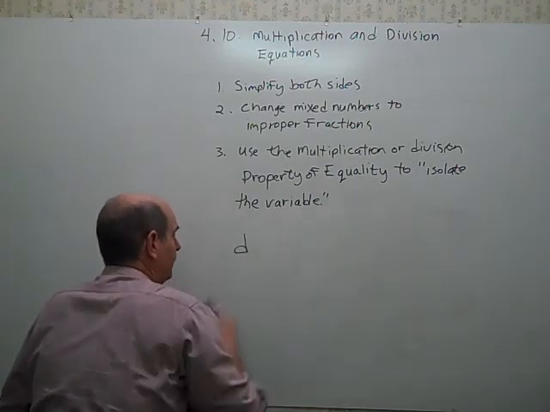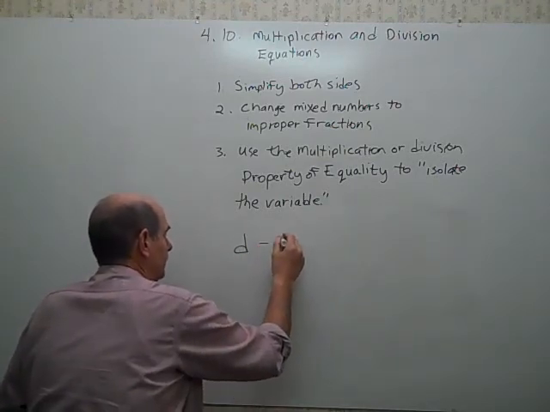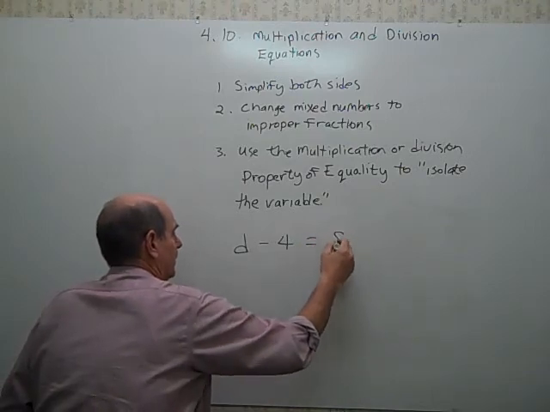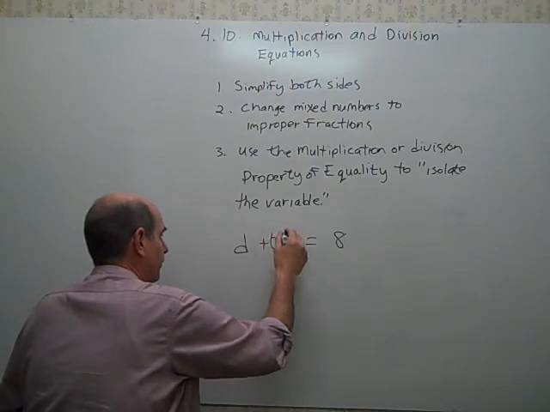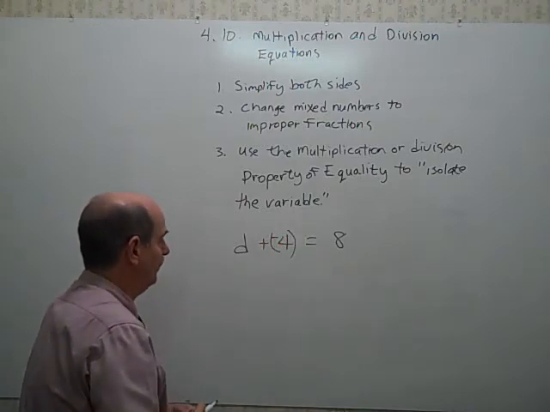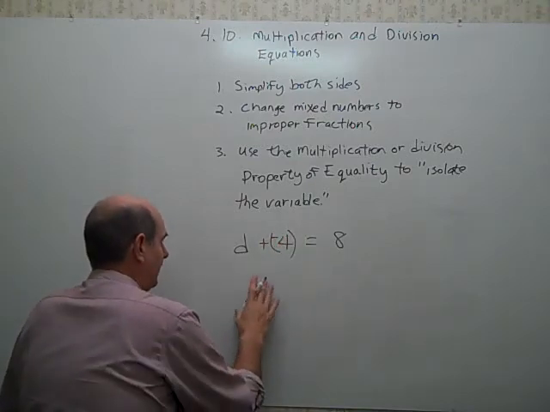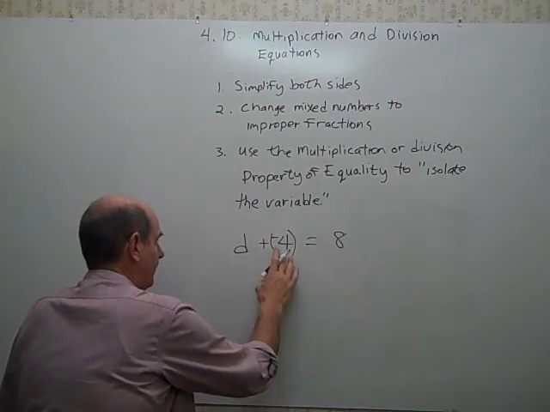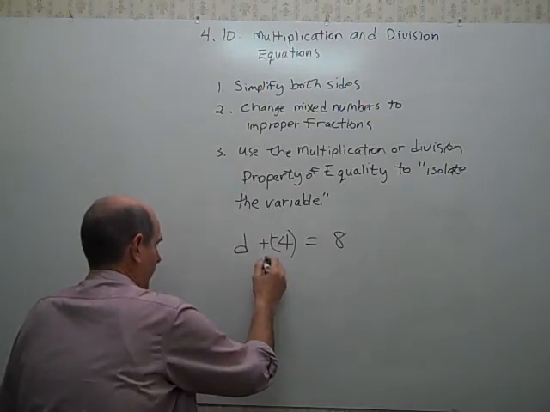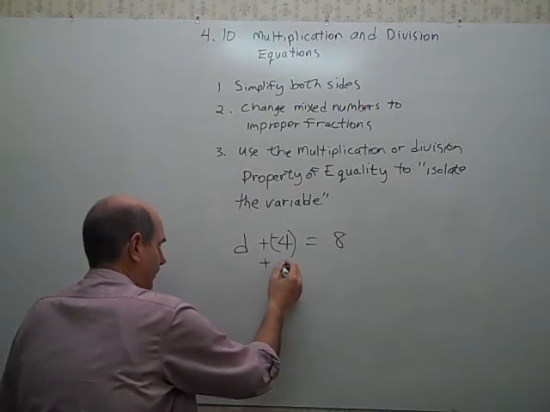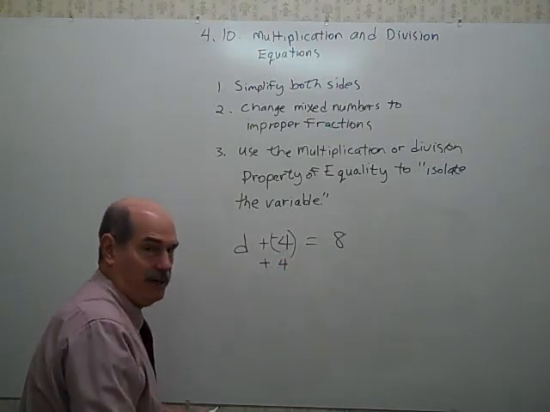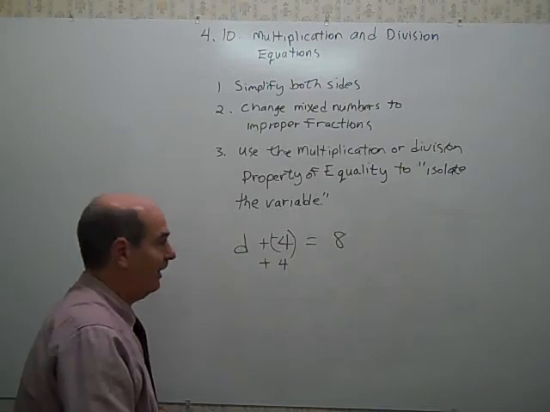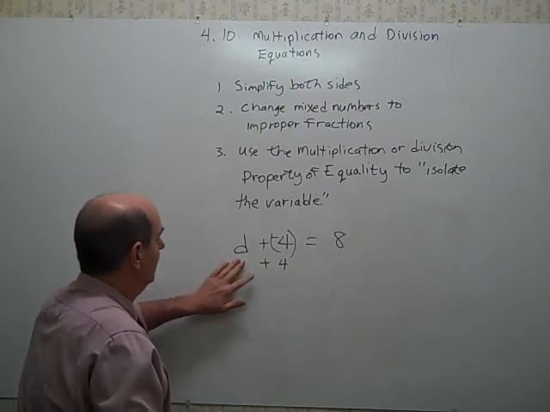Likewise, another thing you could do, if you have this kind of situation, so it's adding negative 4, d plus negative 4 equals 8, I can either subtract negative 4 from both sides, I can keep the same operation with the opposite number. Either way, I get a zero pair,